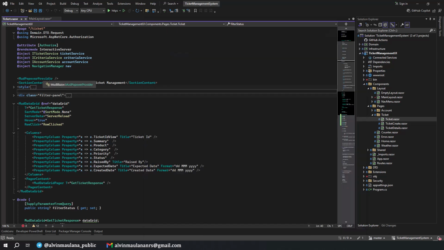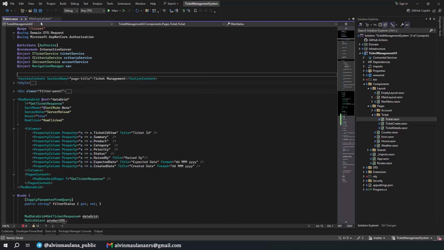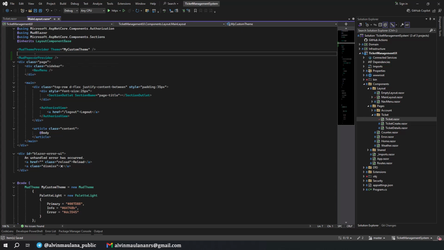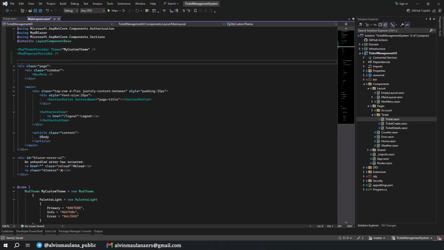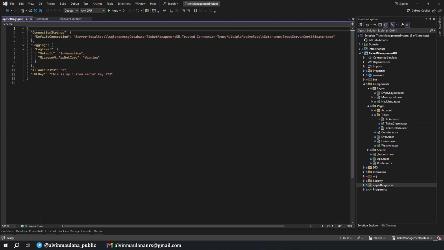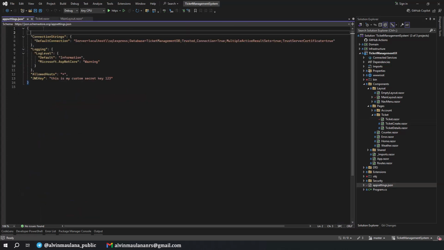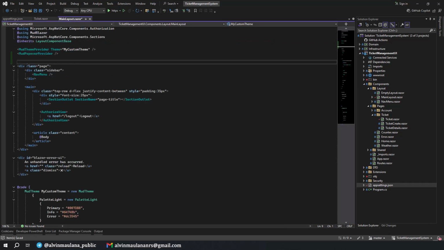But the reason I use it like this is I had an error when we try to do this. Okay, let's take an example. The ticket MainLayout, we just cut it and put it in here, and I will show you what the error is. But before that, to be able to see the error, we need to go to the application settings and set this one, detailed errors is true. Okay, make sure there is no typo here, save it, and let us start it.